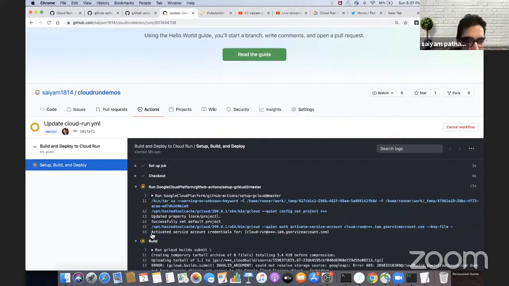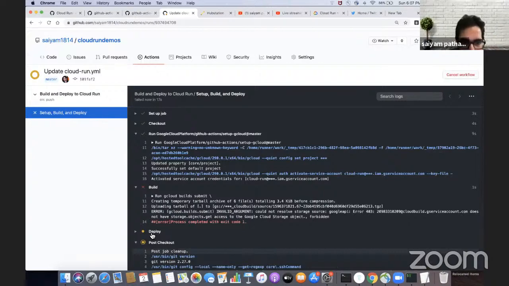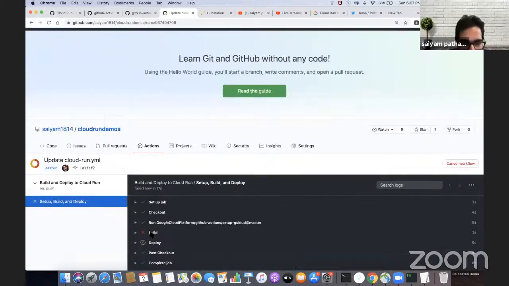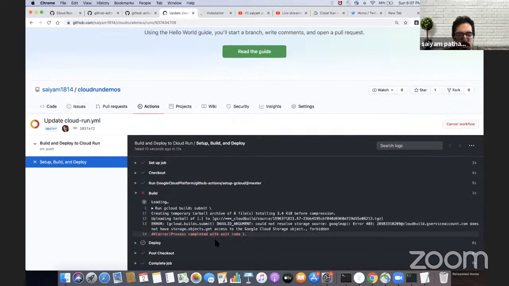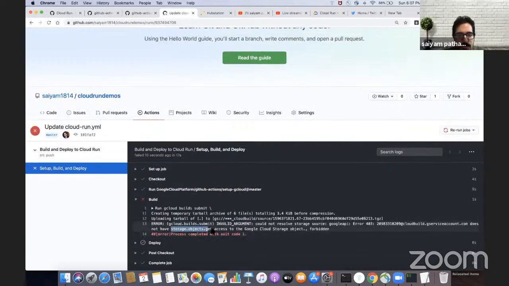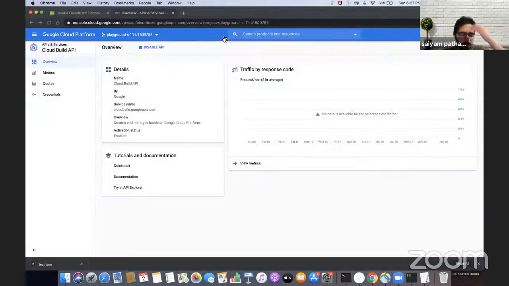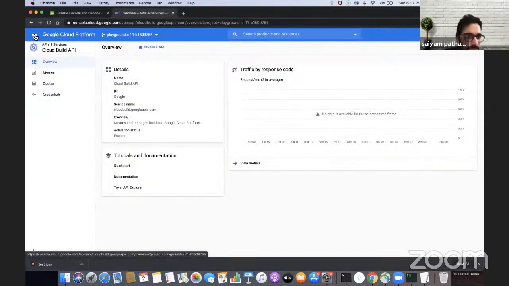Okay, it needs access to storage objects get. I think we gave that, right? No, storage objects get. Even this access is needed. Yeah, somebody told, right? I mean, somebody, it was written storage admin. I should have given that for now. Okay, let's go to